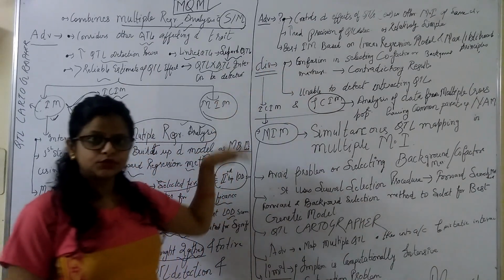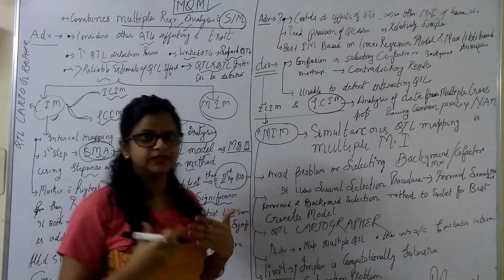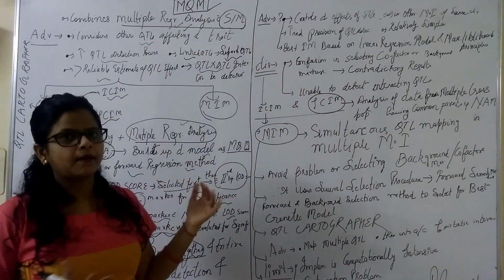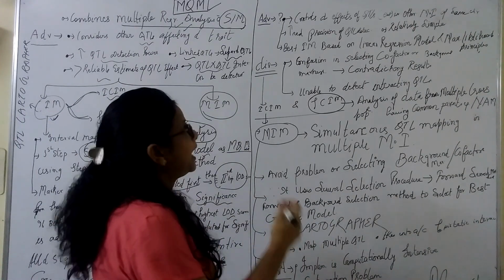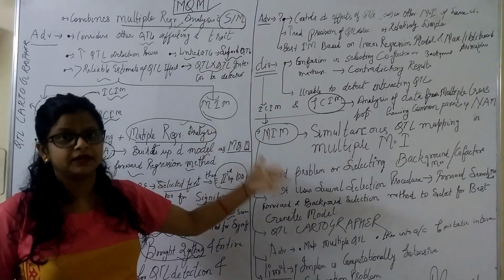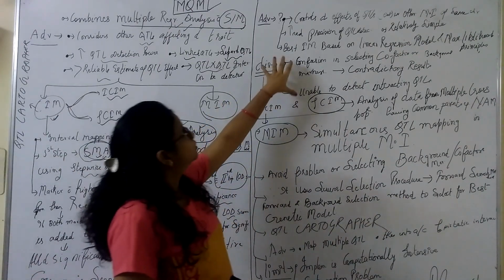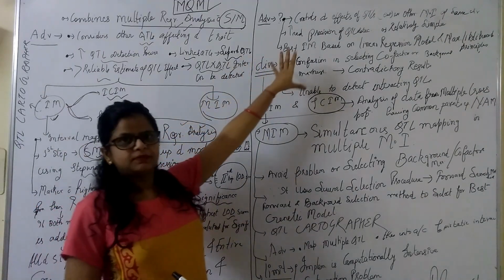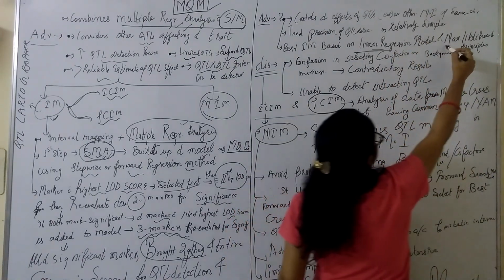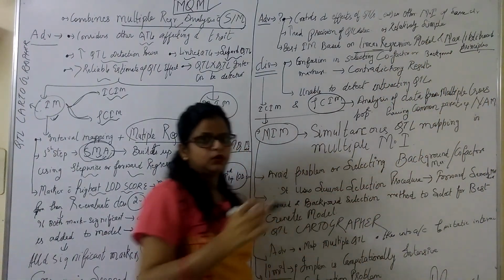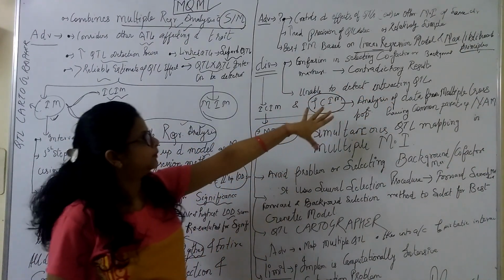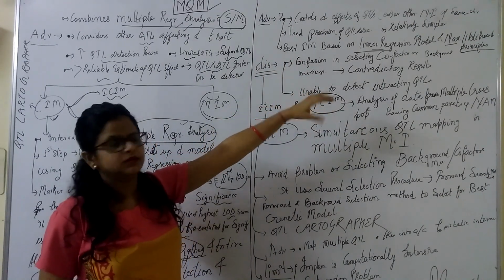It also provides more precise QTL detection, a more powerful QTL detection method compared to the single QTL detection method. Relative to other multiple QTL mapping methods, it's a little bit simpler also. This method provides the best interval mapping based on a linear regression model and maximum likelihood principle, because it is carried out in one dimension. That's why it's a linear regression model. So it is the best interval mapping method.